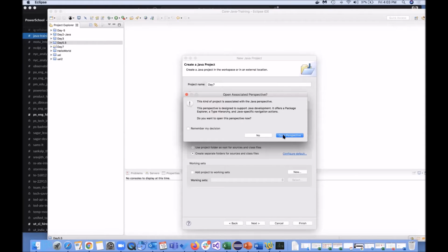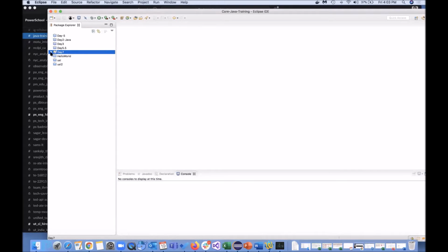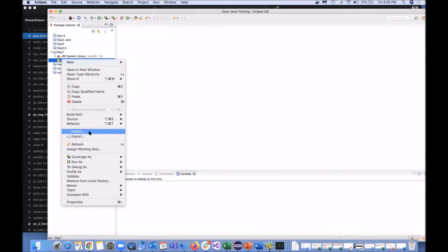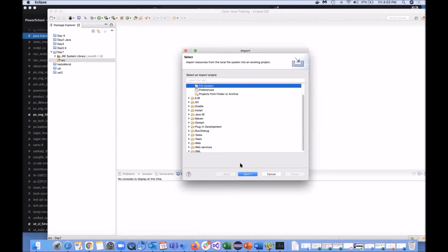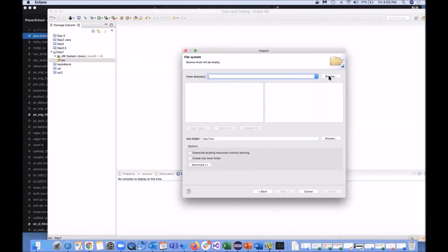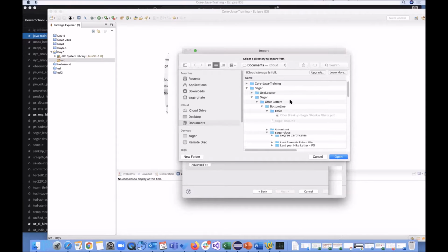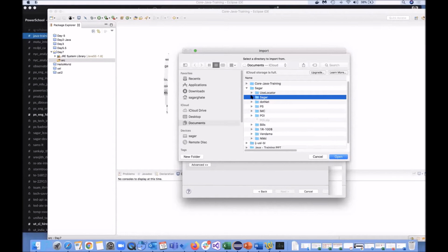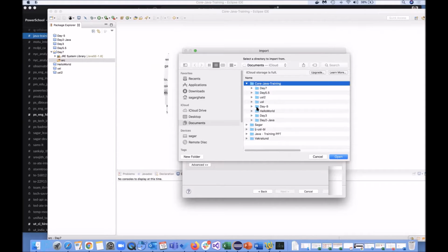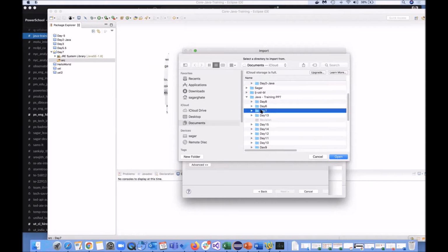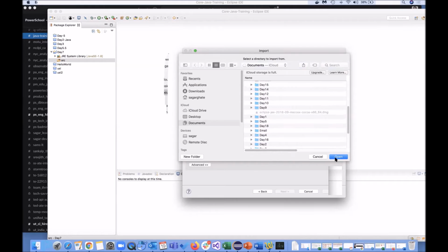JDK 1.8, open perspective, and here let me import file system from, okay, then maybe yes, that day 7.